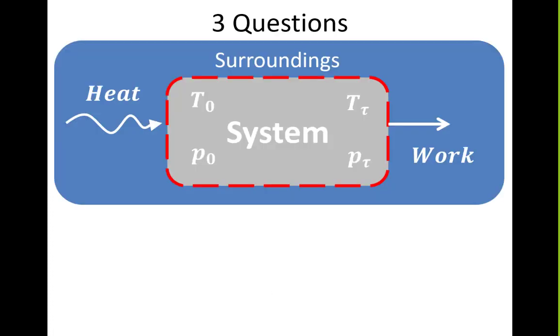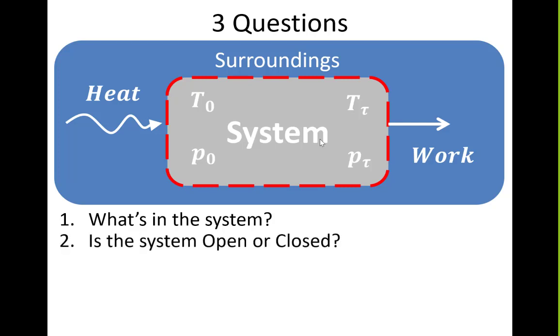So we've been talking about thermodynamics and how it lets us understand a little bit what's going on in the universe, right? To do that, we have to divide the universe into two parts. There's the system, that's the part of the universe that we're more interested in. And then there's the surroundings, that's the rest of the universe. Ultimately, we're going to be asking ourselves 3 questions to solve problems like this in thermodynamics. The first is, what's inside the system? Is it air? Is it water? Is it aluminum? That's going to matter,